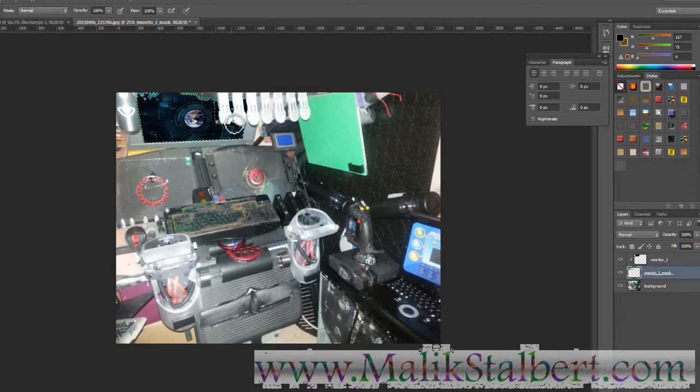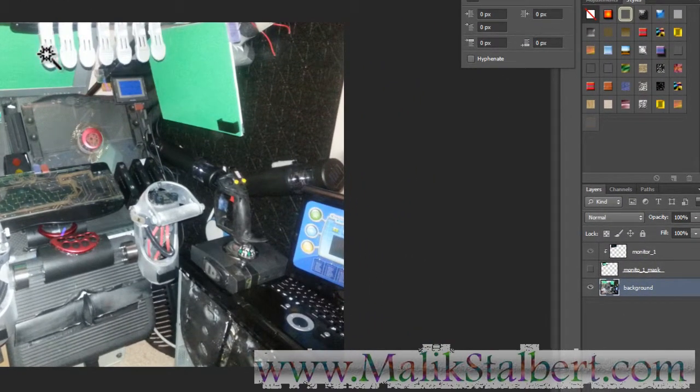Now another thing I could do, let's say, I don't really want to have to worry about this part here, so I can go into my background. I can start shift selecting these pieces here. Okay, so I have those shift selected, and I'm going to hit M to convert it to this rectangular or square masking tool, and I'm going to hold Alt down, and I'm going to get rid of some of this,